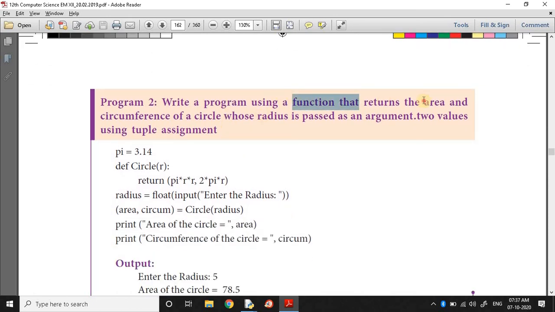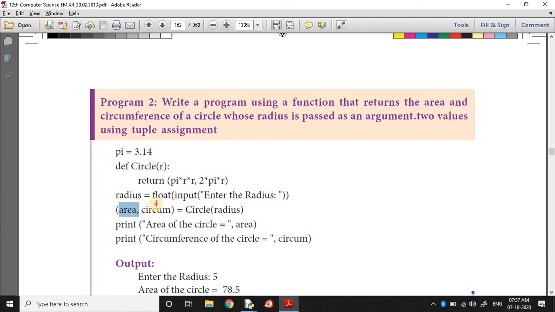Write a program using a function that returns the area and circumference of a circle whose radius is passed as an argument, 2 values, using tuple assignment. So we can return the circumference and area both by pi r square and 2 pi r. Pi r square is the area, 2 pi r is the circumference.